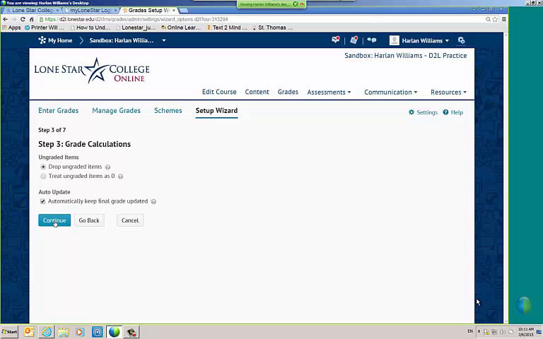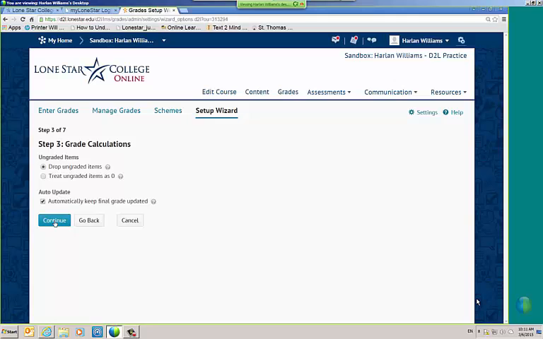So I do like that, though, because if you use the other option, which is treat ungraded items as 0, now when a student is looking at their final calculated grade, even though they may have done very well on say a quiz, it might say they got 19 out of 20 on the quiz, but the total points in the class might be